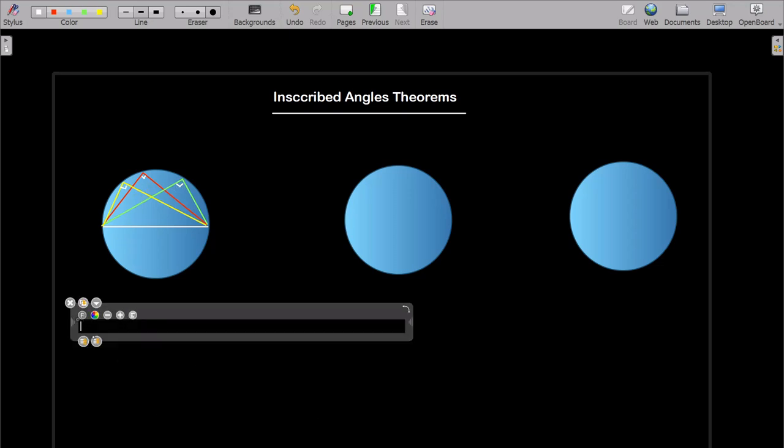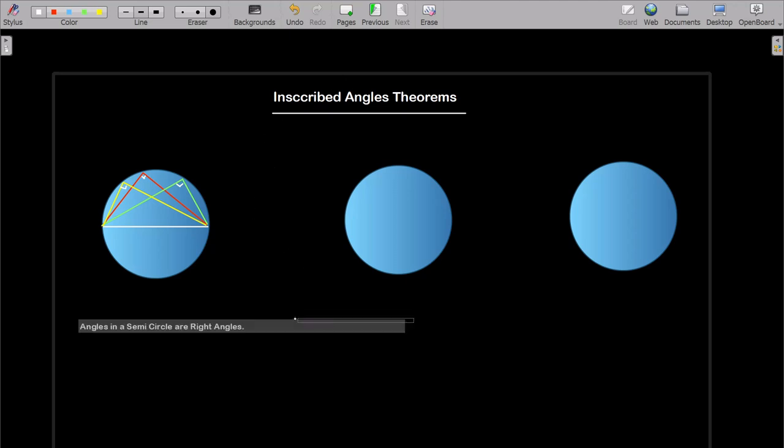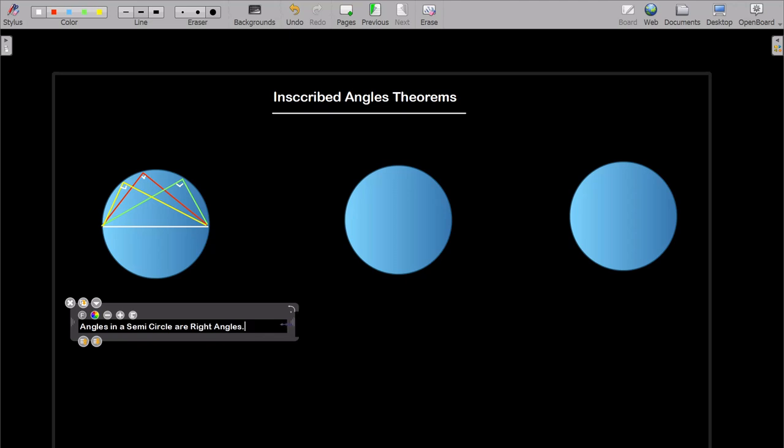This theorem says that angles in a semicircle are right angles. Okay, then the next theorem says that if I take an arc, I'm taking one arc,